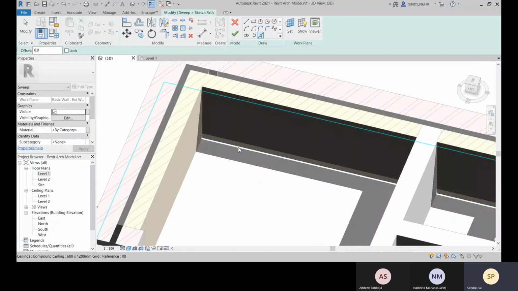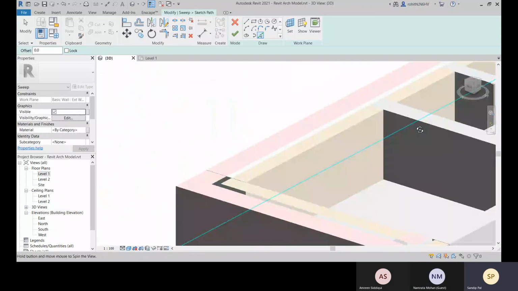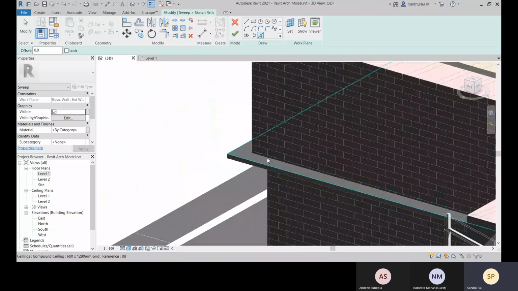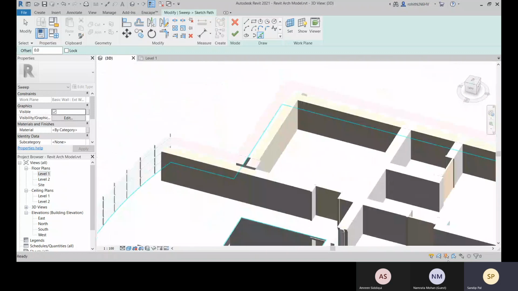This will work like this because we are having this wall till this, so it will work like this. Okay, so it will be the problem.